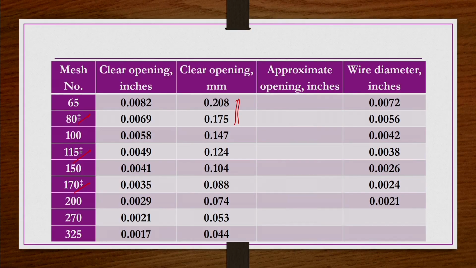The information from the Taylor series, that screen opening information, would be used as dp for each screen increment, and then dp bar would be taken like dp plus dp plus 1 by 2, that is, we take the average. So, dp bar information is required for the size analysis. That is the reason the information about these Taylor standard screens is important. So, that is how we got them here, right.